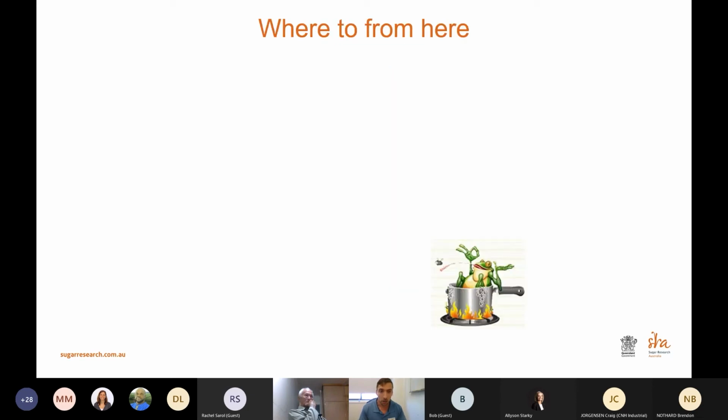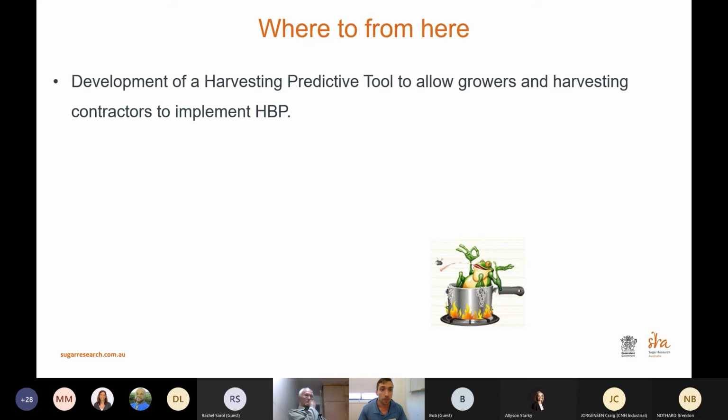burnt cane. A question that I've been asked for the last 9 years that I've been working with Sugar Research Australia is, okay, where to from here? We'll give a recommendation in the field, but then we turn around, drive away, and we're like, well, hang on a second. Harvesting is so complex, harvesting sugarcane, and why I say that is that it's the only crop where we're taking total biomass and delivering it to the mill. So what we're looking further into and developing is to allow industry